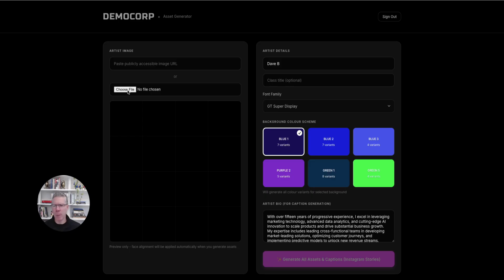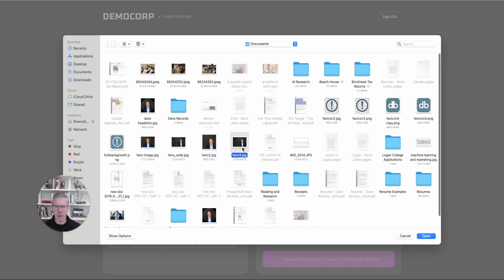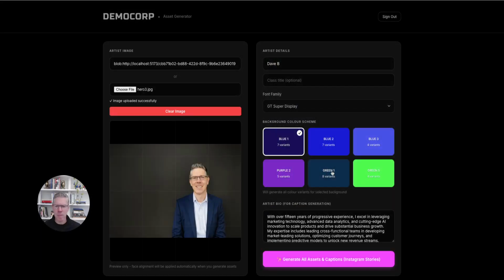And so just to jump into the demo, the first thing I'm going to do is choose a file here. I'm going to pick an image of myself. This is a headshot. And you can notice that it is not centered, it's not zoomed in, and that's purposeful. I want to show you how this works, the system works with facial recognition.